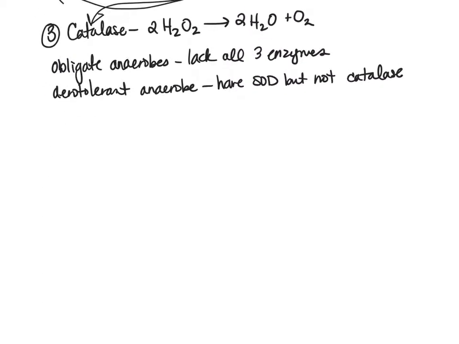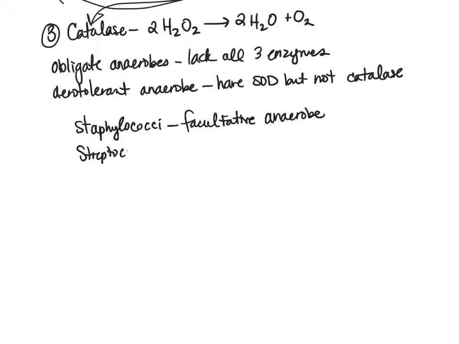So some examples of different types of oxygen requirements in genera actually are Staphylococci. Staphylococci are actually facultative anaerobes. So remember that they can switch between aerobic respiration when there's plenty of oxygen to anaerobic respiration or fermentation when it is not in the presence of oxygen. So we have our Staphylococci species, but then our Streptococci species